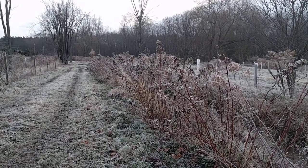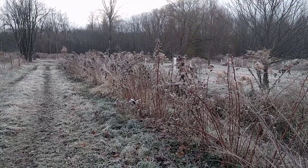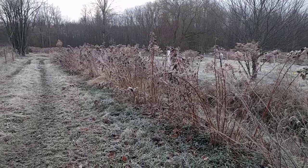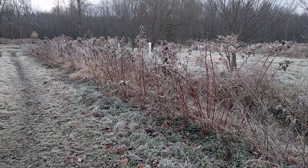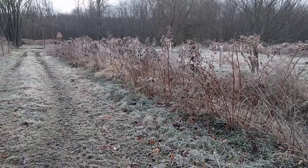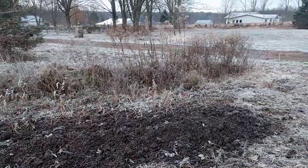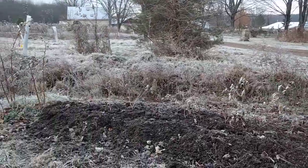As far as raspberries go, I think this year we probably harvested less than 1% of the berries that were produced. We really had a gangbuster fruit production. And again, this is one of those areas that's fed by the swale systems and the hugelkultur pits below the ground, so there's no irrigation in this area. But I had more raspberries, so I removed one of the trees that was here and put them in here, and I extended and replanted one of the areas that the deer had harvested so many of the raspberry